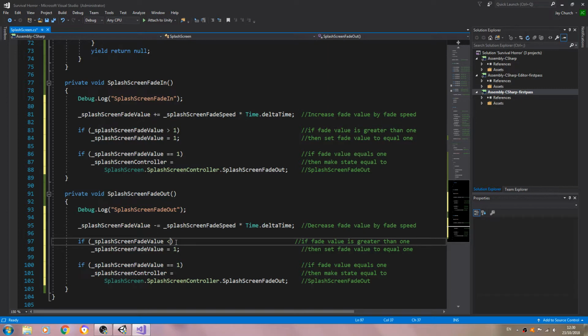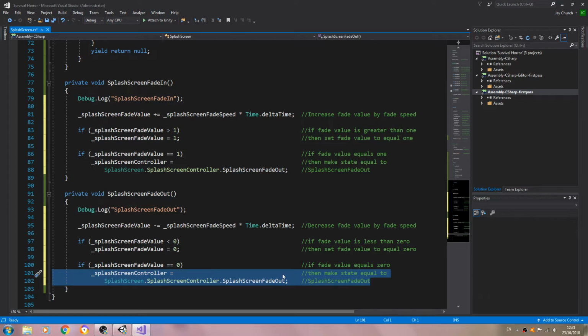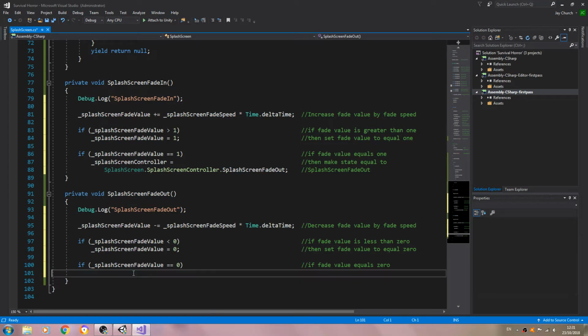Greater than 1 becomes a less than 0. Change the comment to less than 0. We'll then make it equal to 0. And here if splash screen double equals 0 now, change the comment, and we can actually get rid of this line where we change states, and instead we can